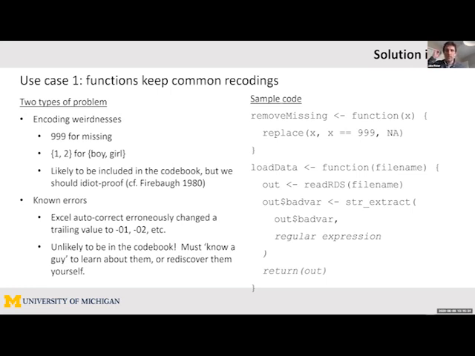The other possible example was thinking of things like known errors. So, for example, in administrative data, someone might have used Excel to copy and paste, and Excel helpfully attempted to autocorrect some value, instead of being the same value across all the cells, to like 1, 2, 3, 4, and 5. And so ideally, you would construct something kind of like a load data function that would point to the file name and perform all of these recodings that people who have that tacit knowledge would know to do, but people who are new to the data set might not already know.